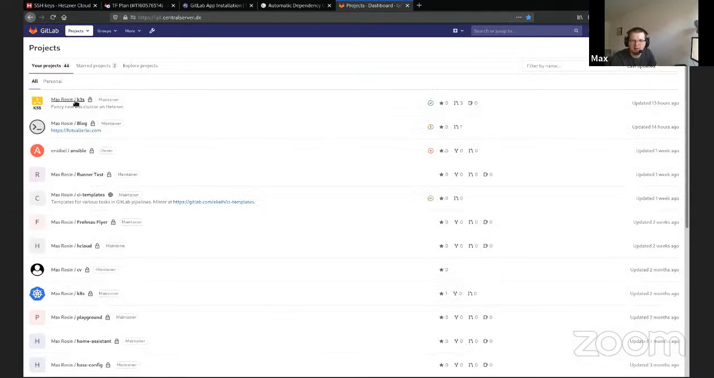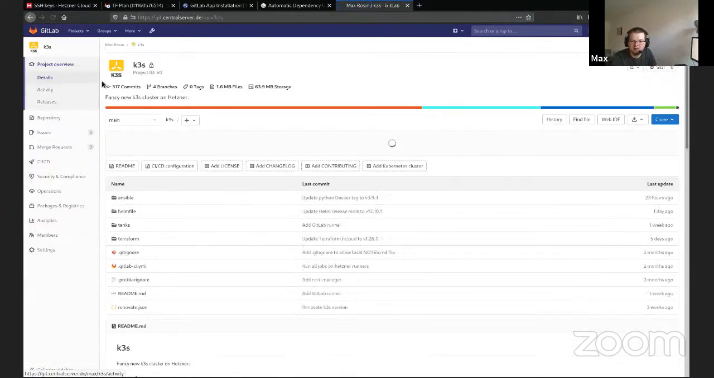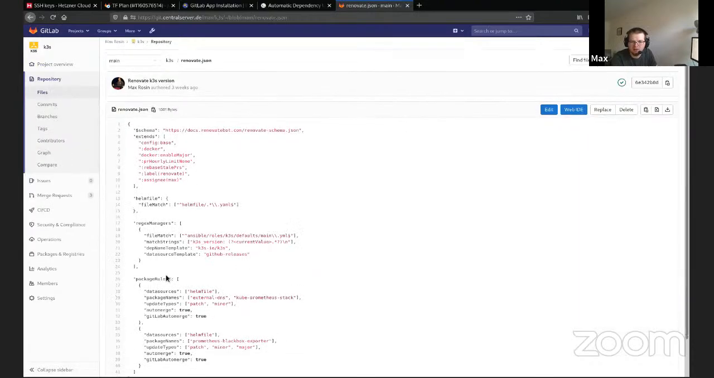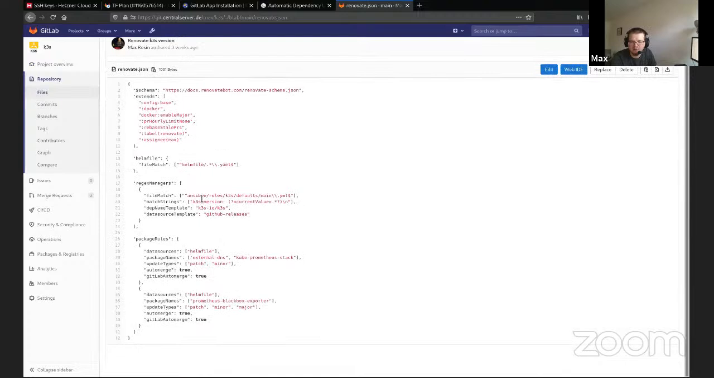Yeah, I can show an example of this in my own repository. For example, here in the Renovate configuration, I can tell it to take this file in some Ansible role where the default variables are, then match some substring of it, and then look in this GitHub repository for newer releases. That's nice because now I don't have to check for K3S updates. Then if we look into this file,